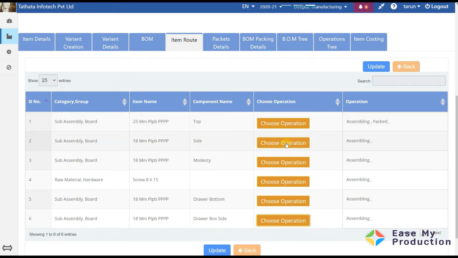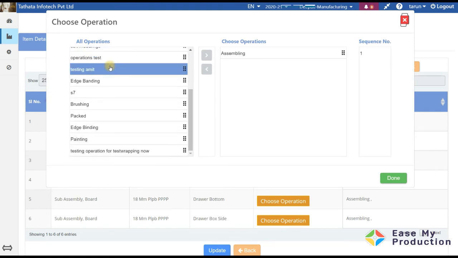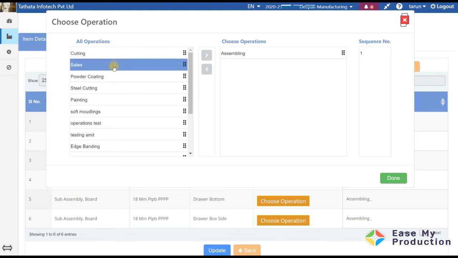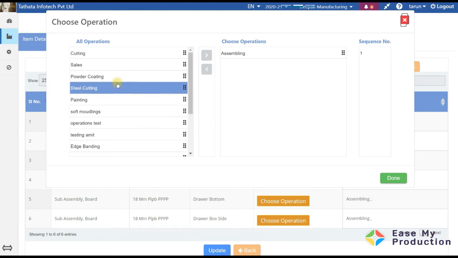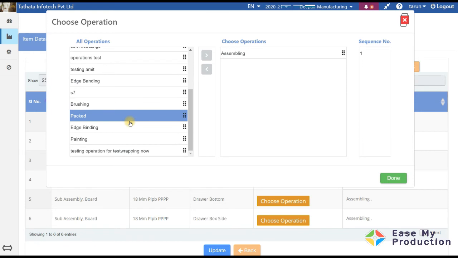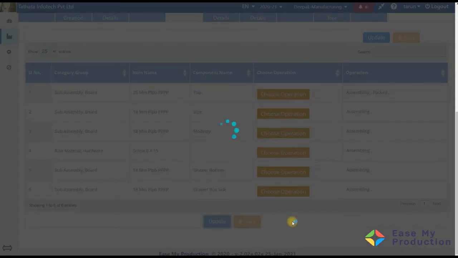And okay, we have forgotten that after edge bending is done, and when this item comes into shape, we have to do drilling also. So let us add drilling also. Drilling is not yet defined, so what we'll have to do is we'll have to create a drilling operation here.